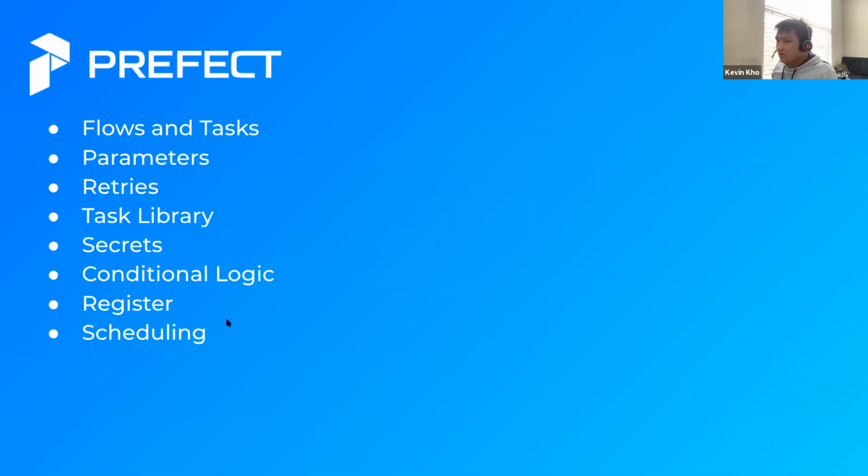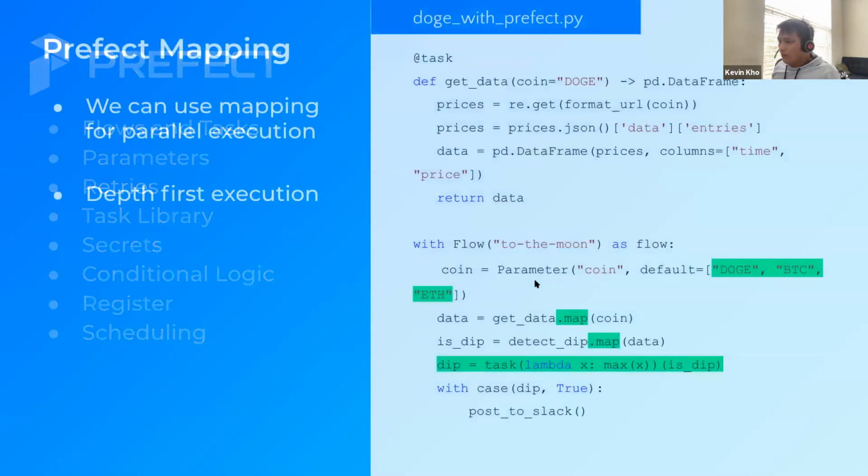And with that, we covered the Prefect basics. We went over flows and tasks. We went over parameters, retries. You saw the task library and the Slack task. I used a webhook that I stored as a secret. And then instead of using if else, we changed that to the case statement that Prefect had to handle the conditional logic. And then I registered it with a schedule. But we're